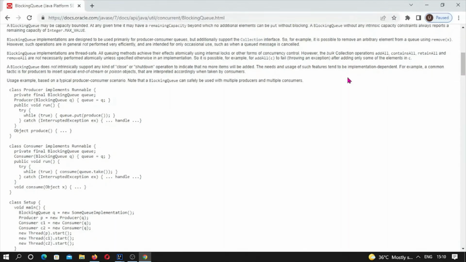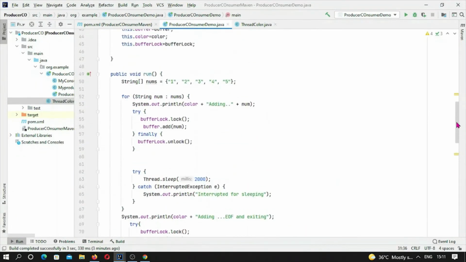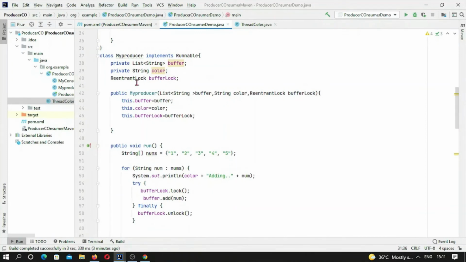So here you can see this provides usage examples based on a typical producer consumer scenario. Note that a BlockingQueue can safely be used with multiple producers and multiple consumers. So this is a thread safe mechanism. BlockingQueue has been provided. So rather than using ArrayList here, let me modify and change this to a BlockingQueue. So let me change this blocking array list